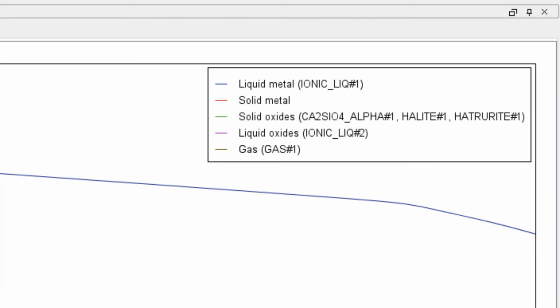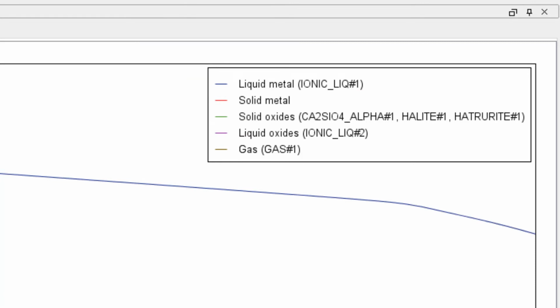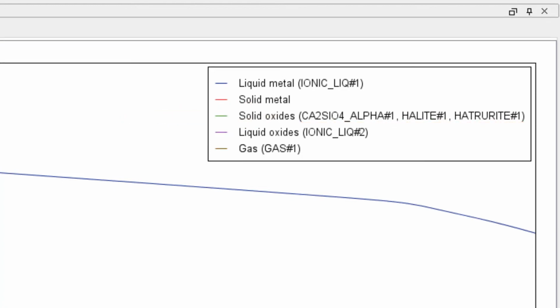This grouping is particularly useful for liquid metal and liquid oxide because they are both described by the same phase, ionic_liquid, and because there will typically be 2 or more composition sets of ionic liquid. This is also useful for solid oxides because a large number of phases can be stable, making the interpretation of results difficult without this grouping.